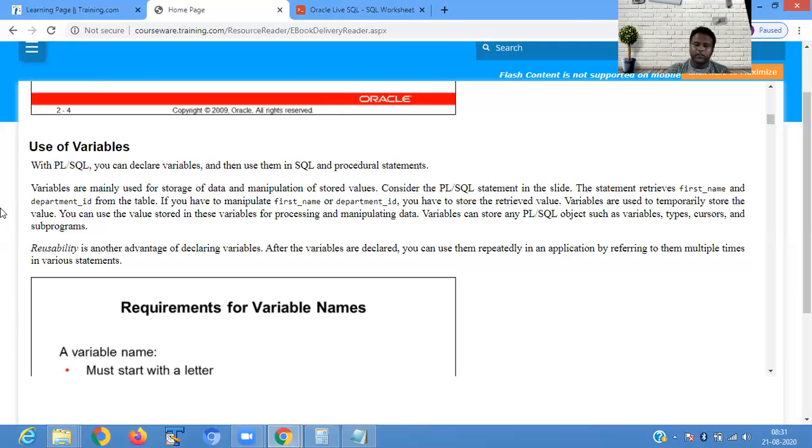After storing the value, you can get the value from the variable when there is a requirement. So it is a temporary storage location, helping you to get your information when there is a need. Okay, so take the snap, use variable.